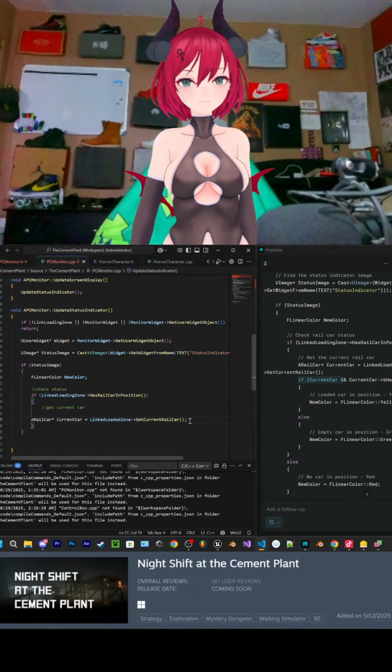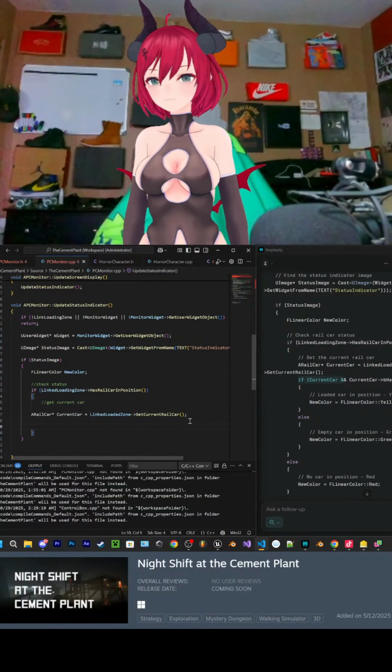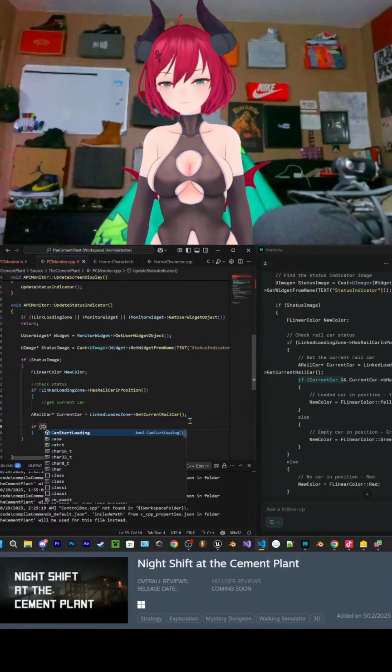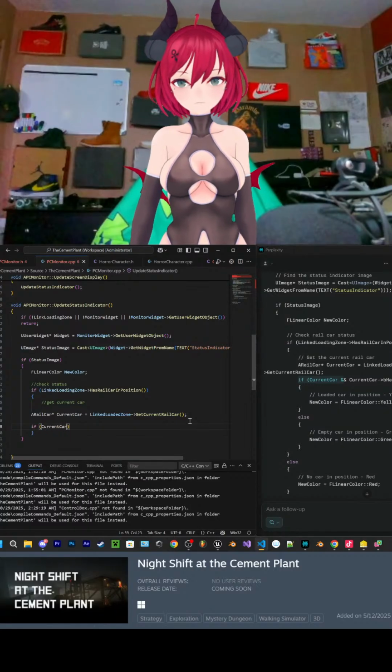So now we're right here. So right below this, we're going to throw in another if statement. And that if the current car wants to have